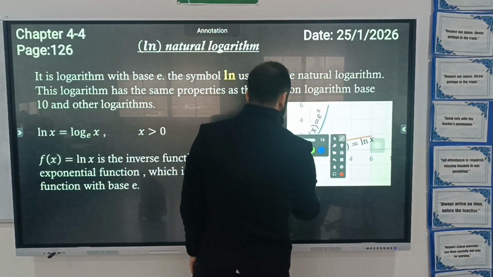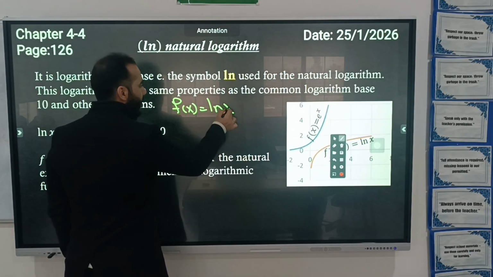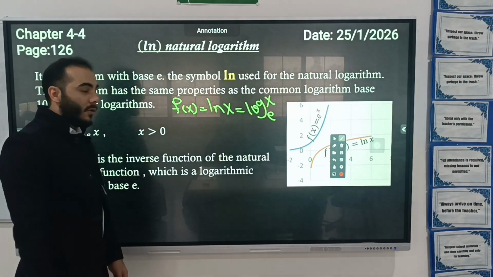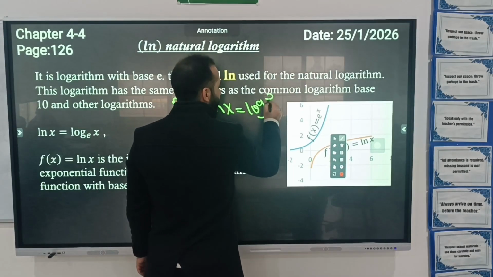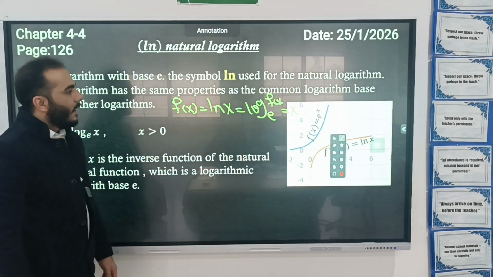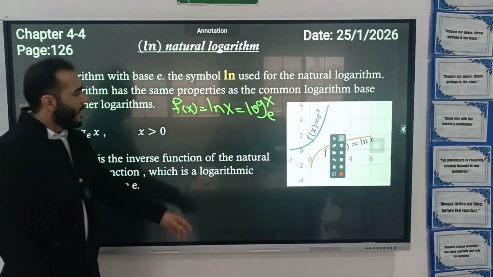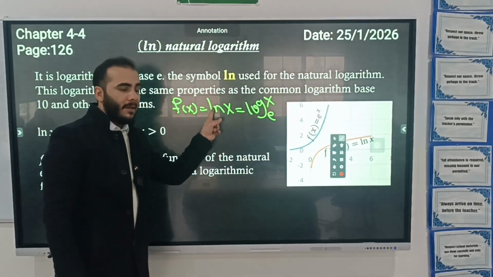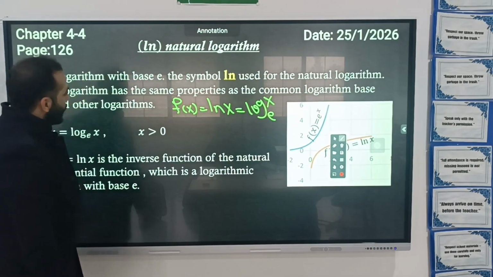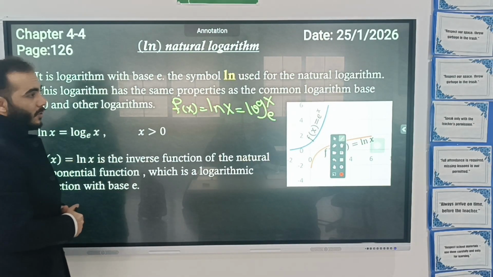All right. So whenever you see something like f of x equals ln x, it means it equals logarithm with base e of x. Sorry, it should be x here. So whenever we have ln, in fact, it means there is a logarithm with base e. Right now, it's written that this logarithm has the same properties as the common logarithm base 10